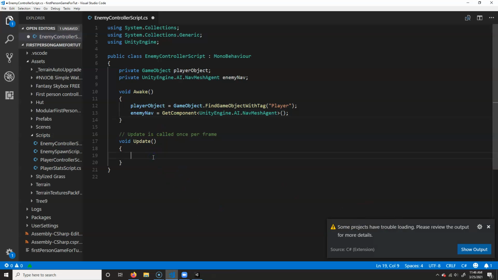basically have them go towards, we're going to set the destination of the nav element. So we're going to do enemy nav. So basically we're just storing our player. It's going to find a game object with the tag player, which currently I don't think I did yet, but we're going to add player to that first person controller, and it's going to store it